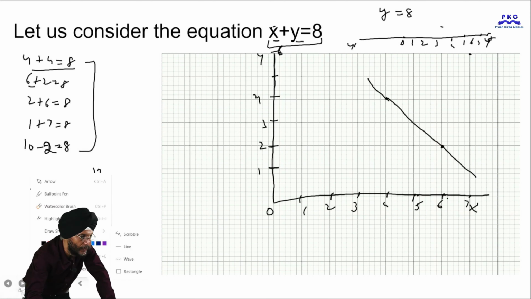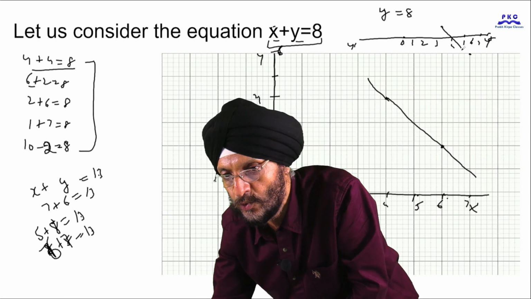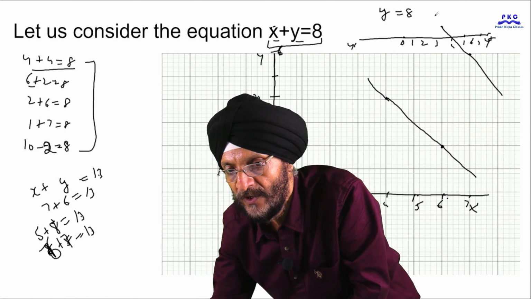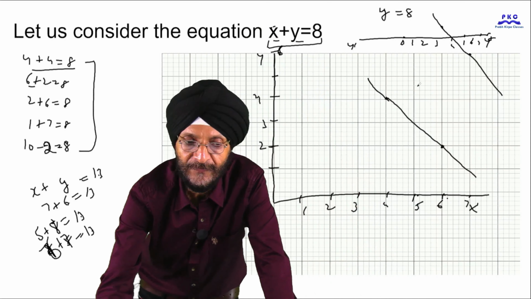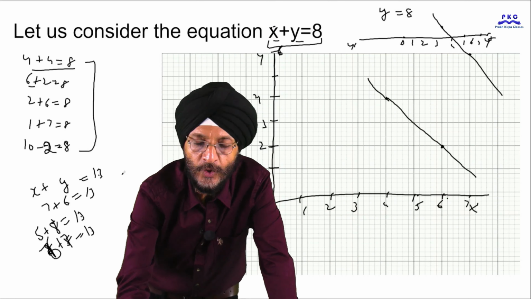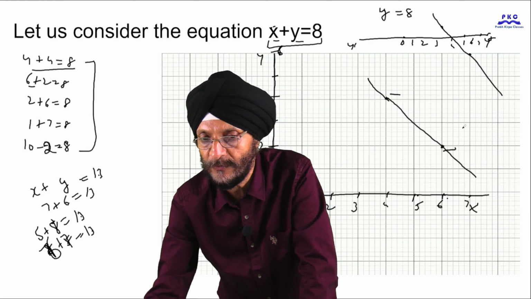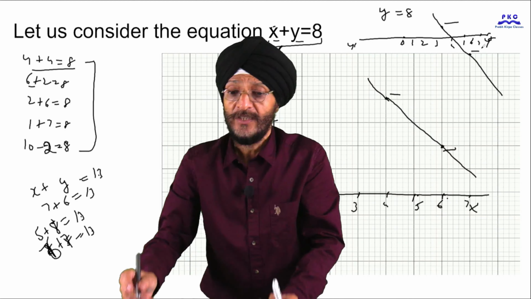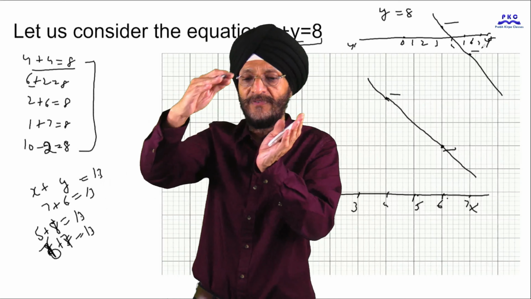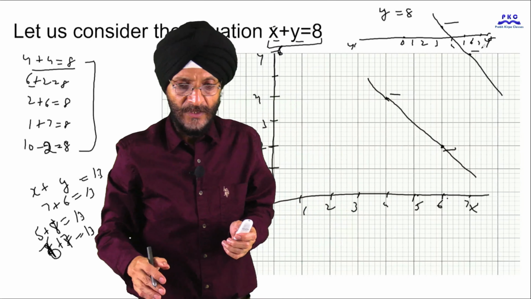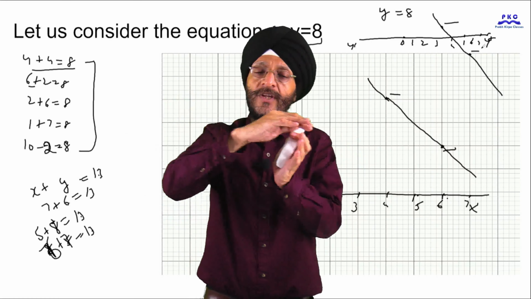Here in this chapter, we are going to solve linear equations where there are 2 pairs of equations. When there are 2 equations, you will have to find out the 2 solutions, that is 2 points, this point and this point. You will have to find out the 2 solutions and draw the graph accordingly. I hope you have understood how we are going to solve